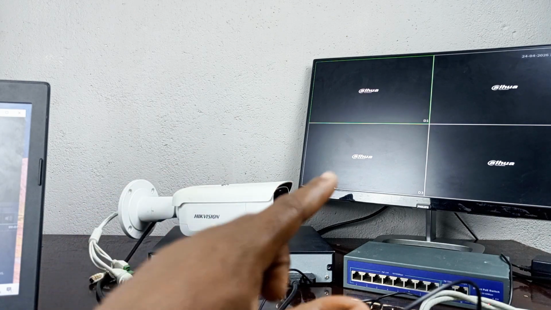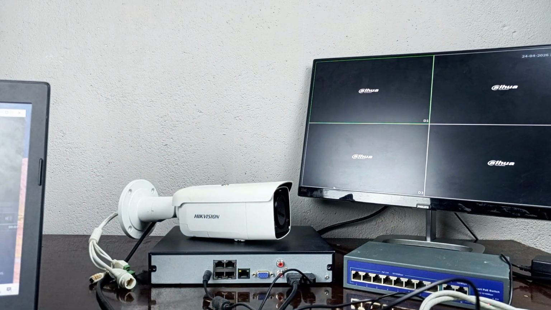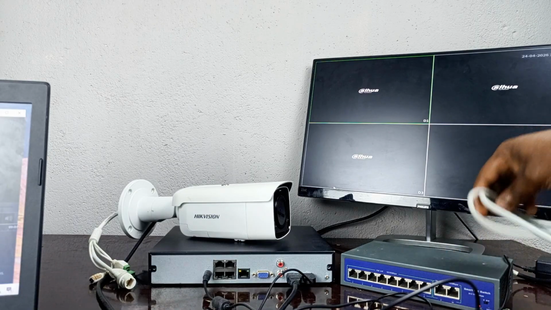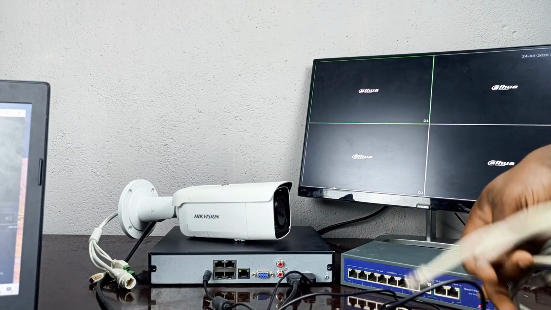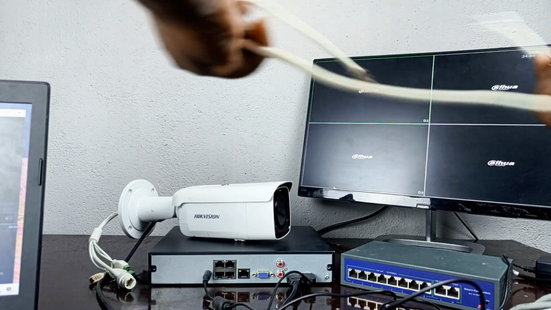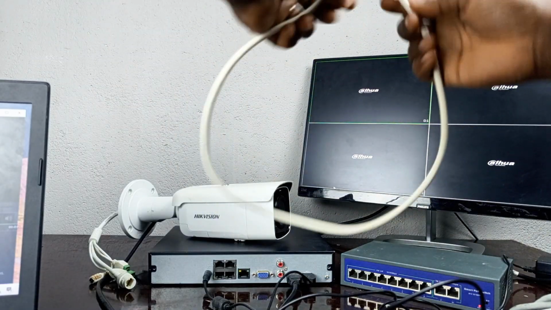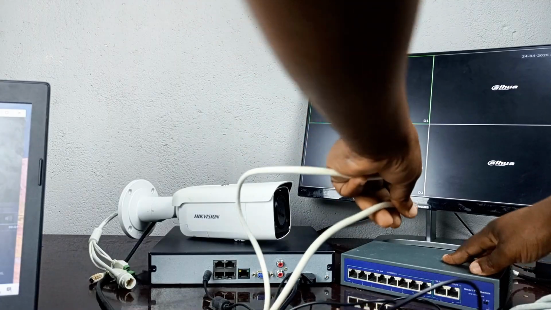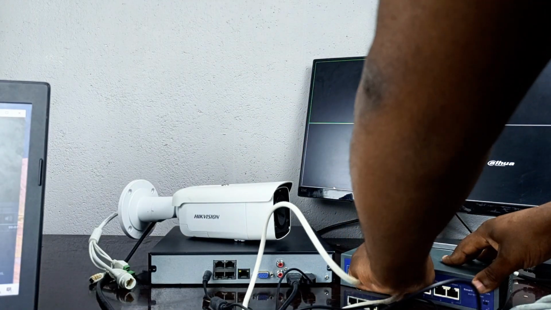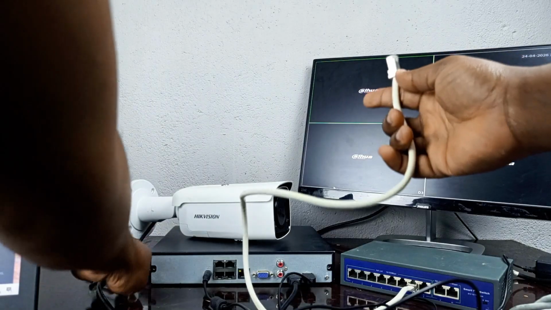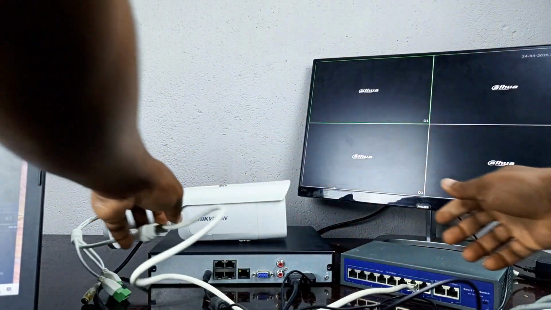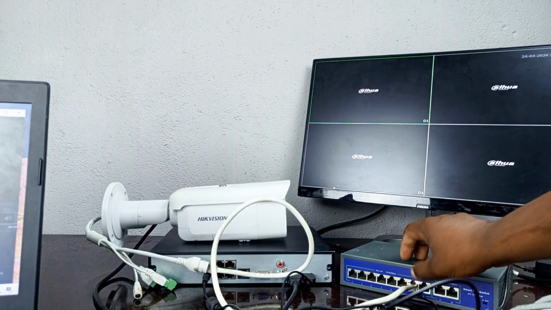Let's make the physical connections here. We have here a switch. Let's have the practical hands-on connections. Let's first take this cable, which we will connect from the camera to the switch. This is a PoE switch. I will connect it directly here. You can choose any port here and connect to the camera, which will also receive PoE. I'll check the link.